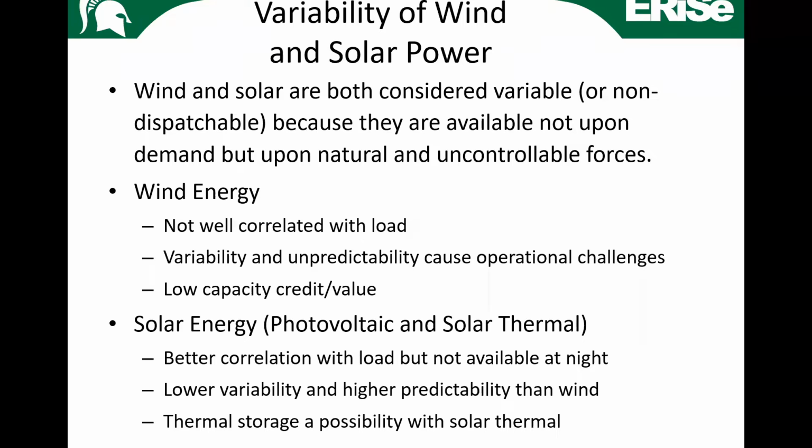So let's talk about the variability of wind and solar. Now, wind and solar are variable because the underlying resources, which are wind speed and solar radiation, are subject to the whims of nature. We have no control over them. So the other term that you'll hear in this context is non-dispatchable. Dispatch means you need some power, you send out a command to a generator to produce that much power, and it does that. But you can't do that with wind and solar. So they're called variable or non-dispatchable resources.